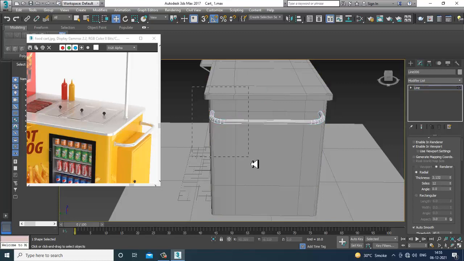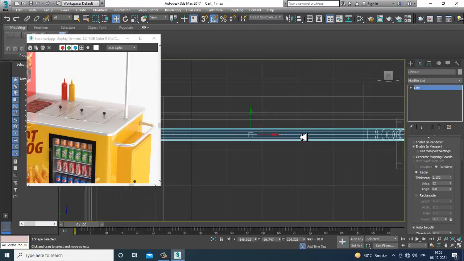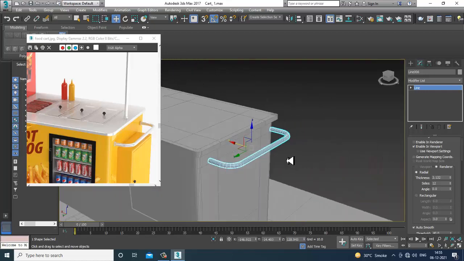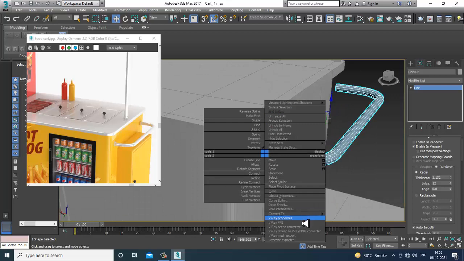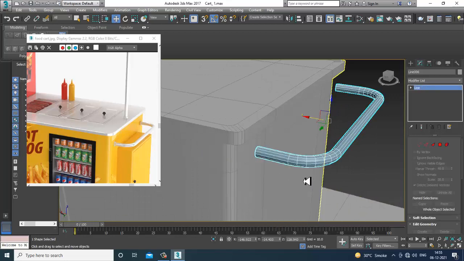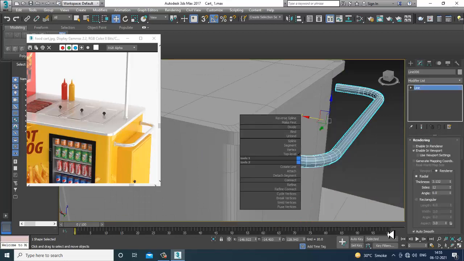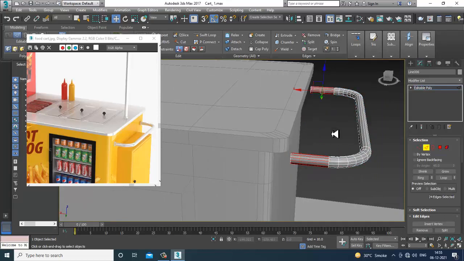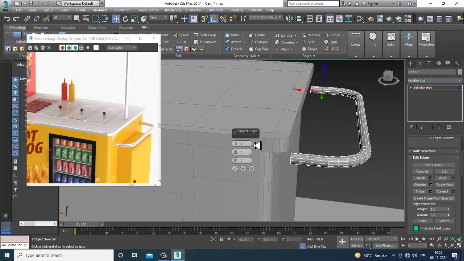Go into the vertices, shuffle this up and now convert to editable poly. So let's convert to editable poly. Let's put one connect over here.